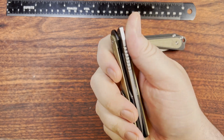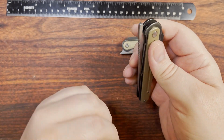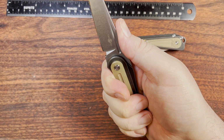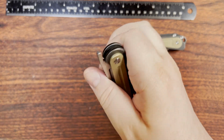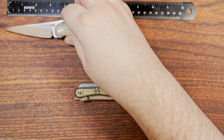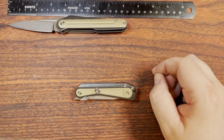And this is a front flipper, but no jimping on it at all. But it's designed much more like a Hegel no Kami for slow roll open anyway. So, I suppose you can complain a little bit on that, but I really haven't had any problems opening it up. Maybe it'd be a little bit more difficult if my hands were actually wet with sweat, but also at that point,